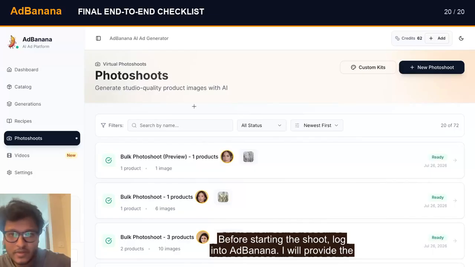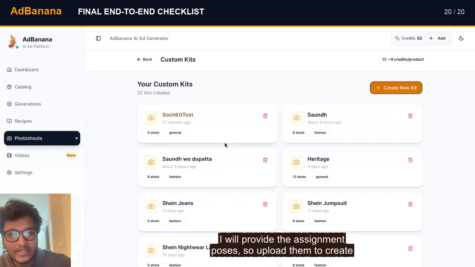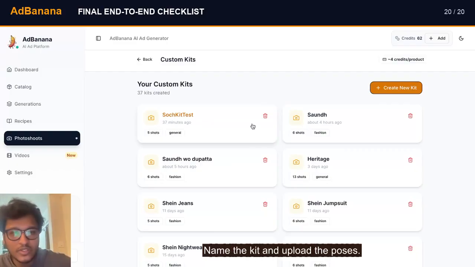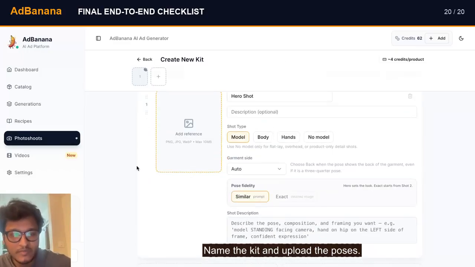this one. So these kind of images, and what you have to do is before you start the shoot, you log into AdBanana. I will give you some credits. You go on the photo shoots, you go to custom kit, you create a custom kit. Again, for this I would have given you the poses, so for now I'll give you the poses for the assignment. You don't have to worry. So you just use the poses, just create a kit, name whatever you want, and you just upload the poses,